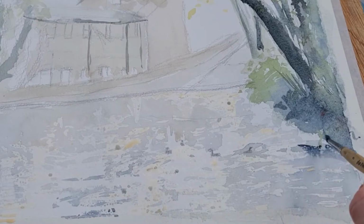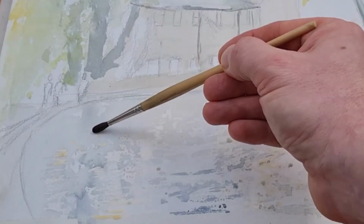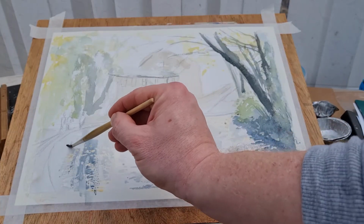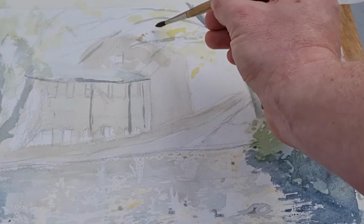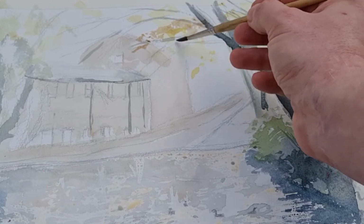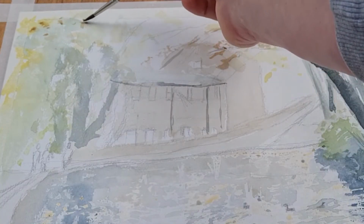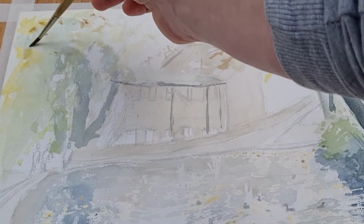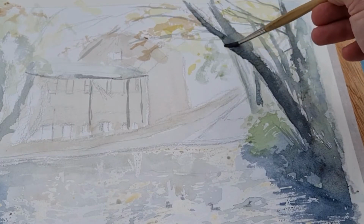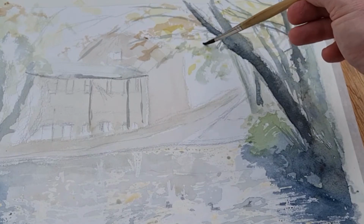So it's quite a nice scene. We've got a few ducks swimming in the canal, so I did want to include those. Although I must admit I've sort of lost the ducks in the drawing stage. Once I started applying the masking fluid and the paint, I just popped them in at the end. So I'm just using quite a loose approach, and this is quite a nice stage, adding